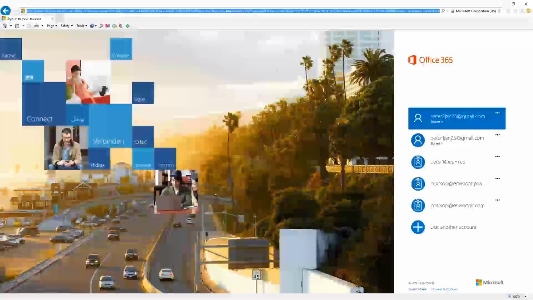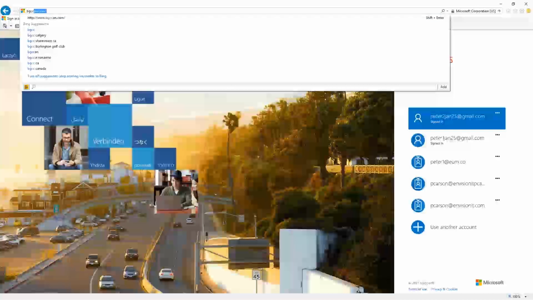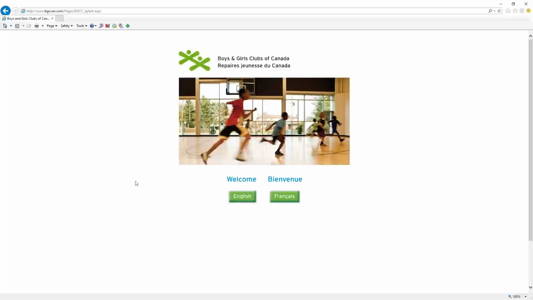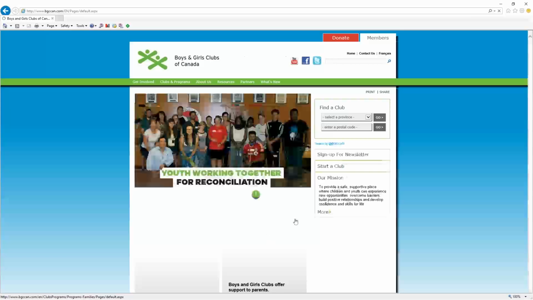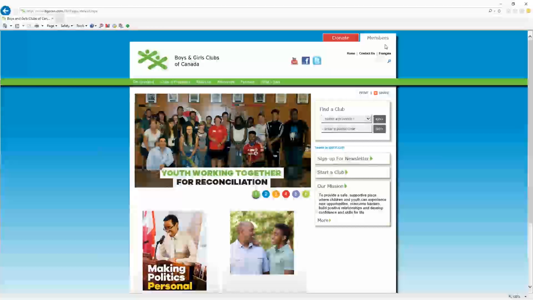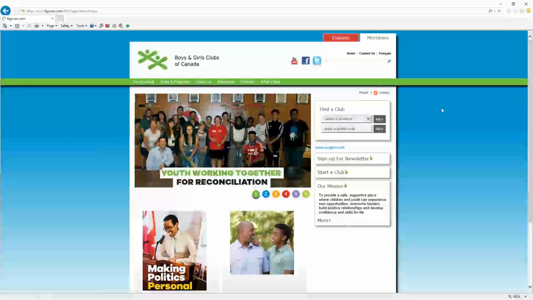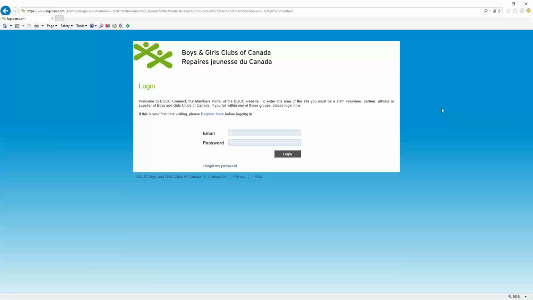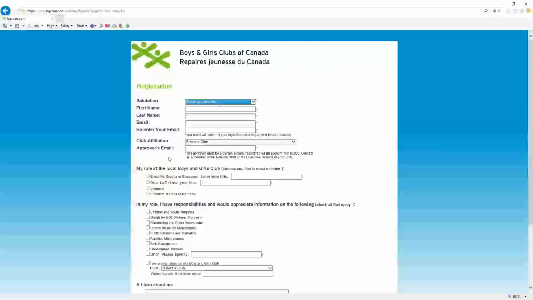What are some of the other ones that we want to have a quick look at? There's Boys and Girls Clubs of Canada. This is a nice example of back-end integration where, again, it's a SharePoint public-facing site for the organization across Canada, but members who belong to the clubs across Canada, there's 100 plus clubs, 700 different locations, a couple thousand members, can register through here and go through an approval process, which is actually a little bit